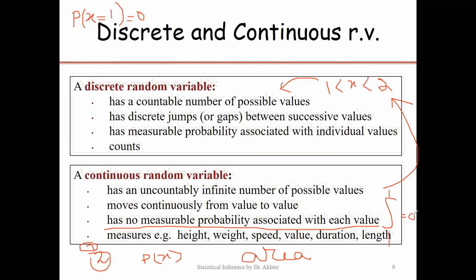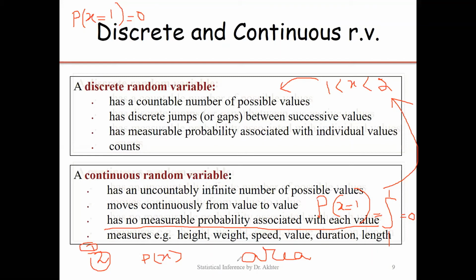As you learn in calculus, whenever we are computing the area, we use the integral sign. So area at 1 means what? Probability at 1. Probability x is equal to 1 means the area from 1 to 1. And if we have both limits in the integral the same, then the meaning of this is 0. Because in a definite integral, if the lower limit and upper limit are the same, the value of the integral will be 0. So in the case of a continuous distribution, the probability at a specific point is 0.